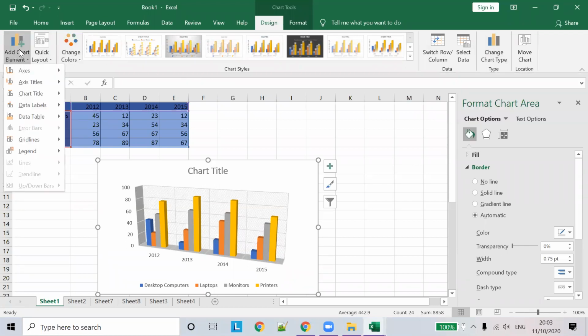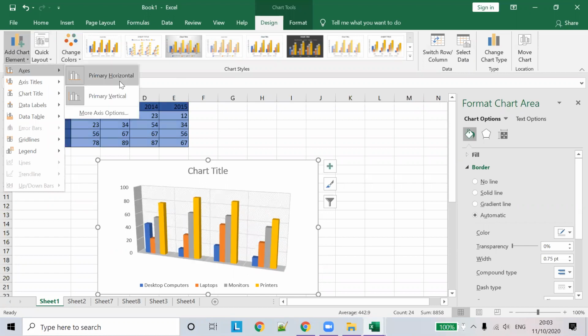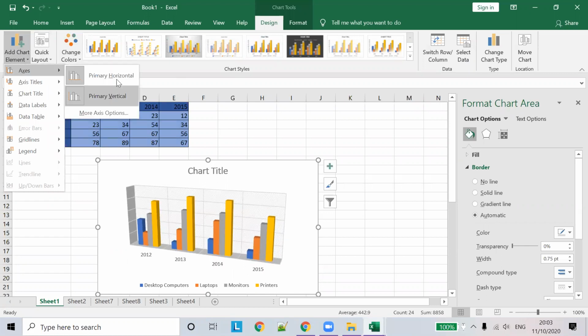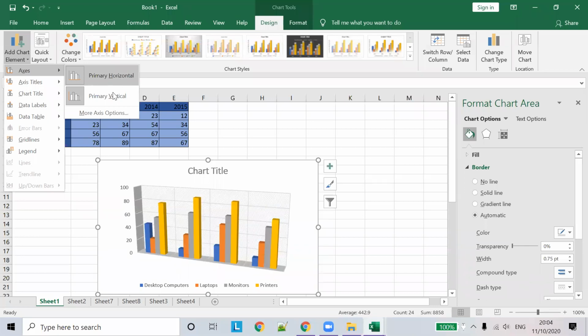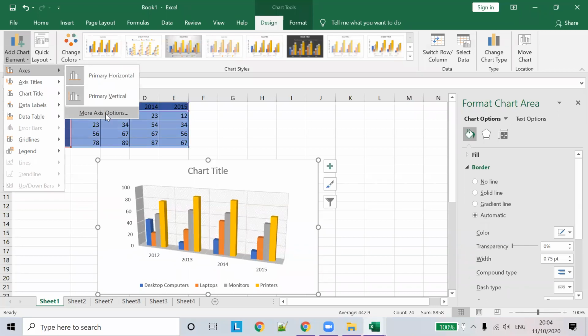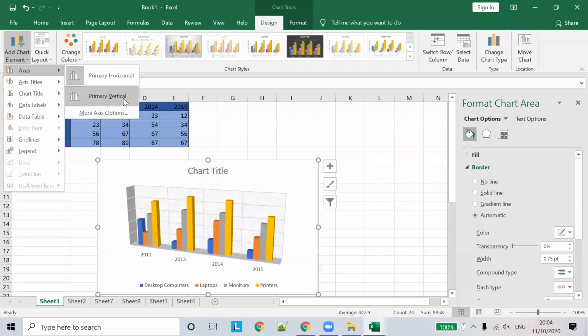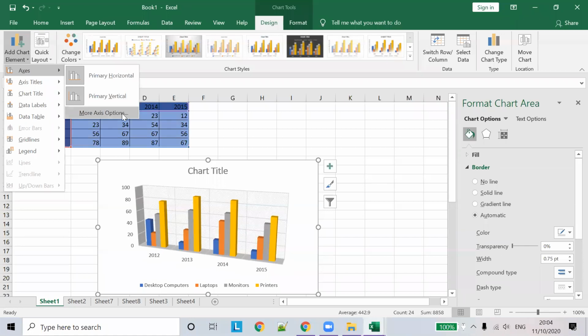Then we saw chart elements. Primary horizontal is this one, and primary vertical is this one. When you choose this, it displays the different axes for different charts.